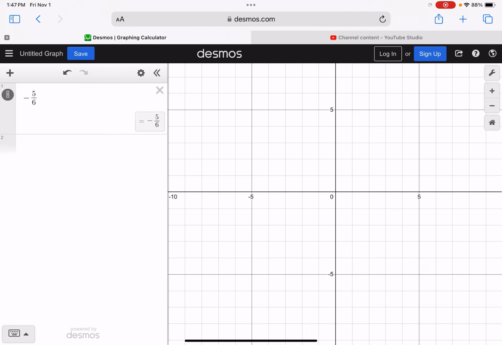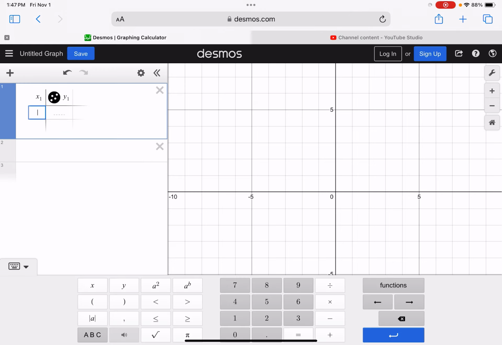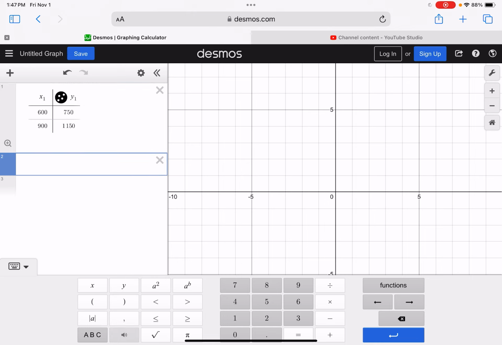So remember, we have to start by making a table, right? So we're going to go to the plus, we're going to go to the table. I'm going to go ahead and input the points. So that was 600. And then we have 750. And then the next point was 900. And we have 1150. So then we have to type in our equation to work backwards to find our m